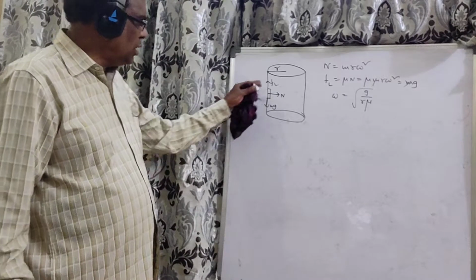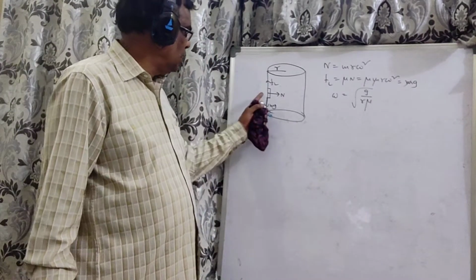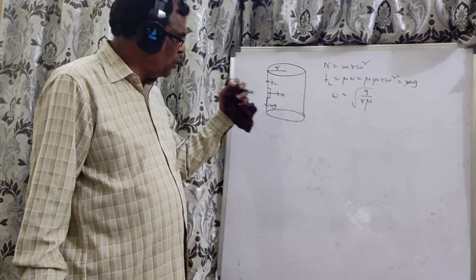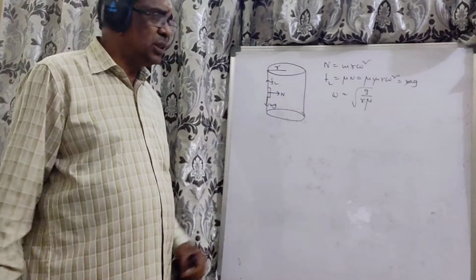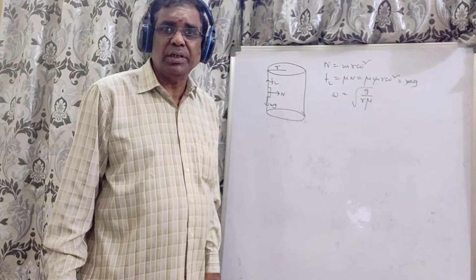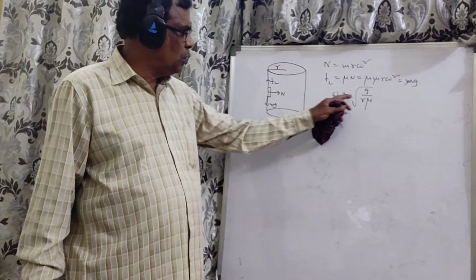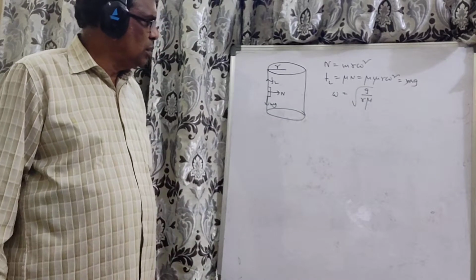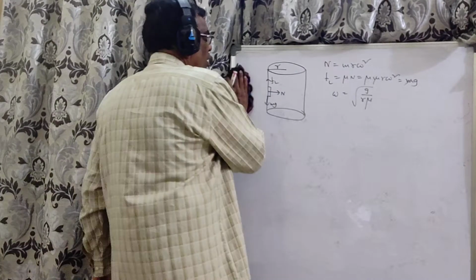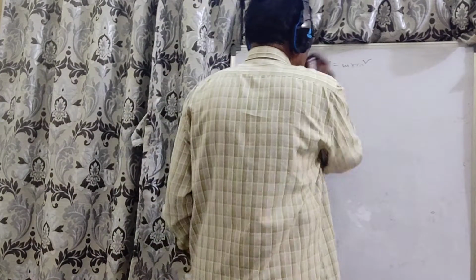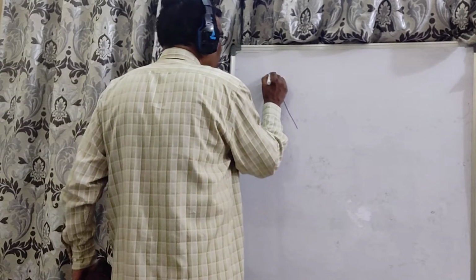So just about to slip. If you have this, suppose omega is less than this, then the body will slip down. Remember. Okay? So this is the minimum omega for the body not to slip. Now, next, instead of this, if I take a cone,